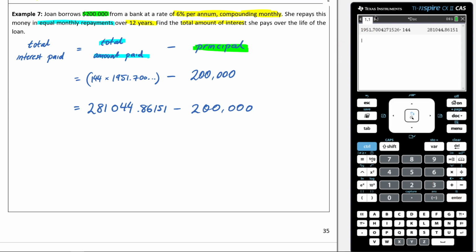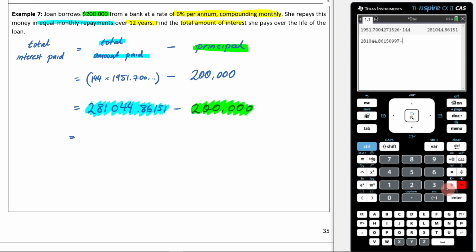Let's just stop and think about this for a moment. This is saying over the 12 years, you're going to be giving the bank, in round numbers, about $280,000. But remember, you only borrowed $200,000. So there's a difference there of about $80,000, and that difference represents the amount of interest you've paid on the loan. So now I'm going to take this and subtract it from $200,000, which means all up, the total interest that I've paid is